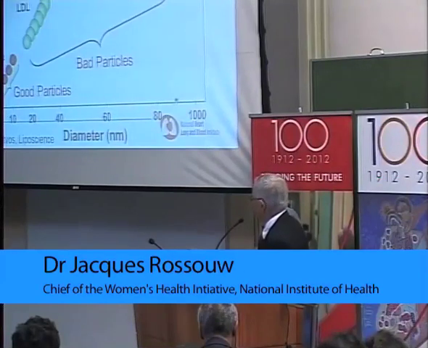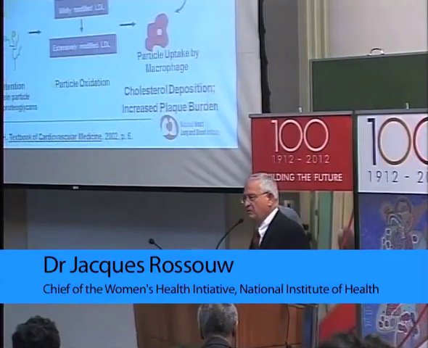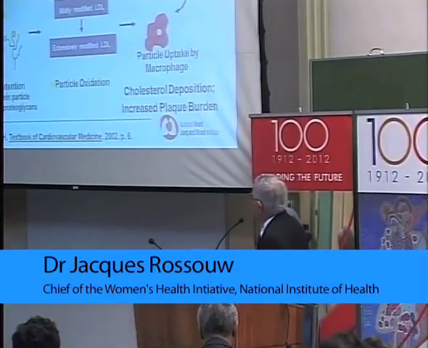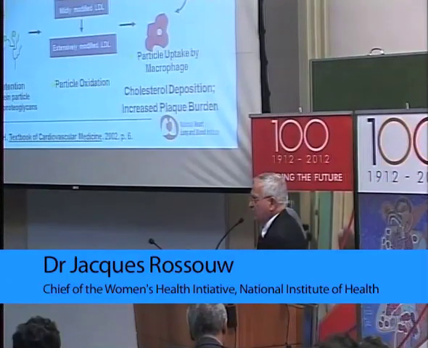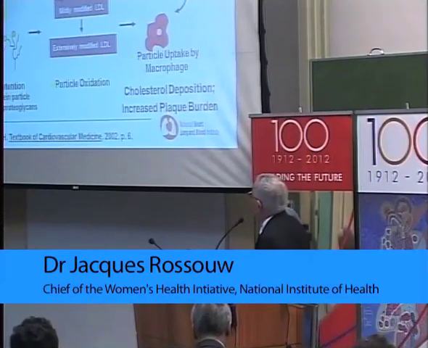HDL involved with reverse cholesterol transport is protective. They also come from the liver. So why are the LDL particles bad? Because they migrate through the intima into the vessel wall. It's a pure mass effect, a concentration gradient. There's no LDL receptor on the vessel wall. The more LDL particles there are, the more get into the vessel. These are modified, oxidized, and that causes